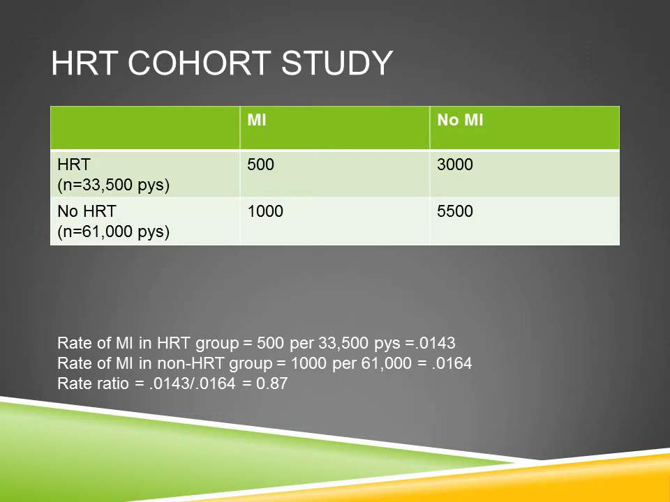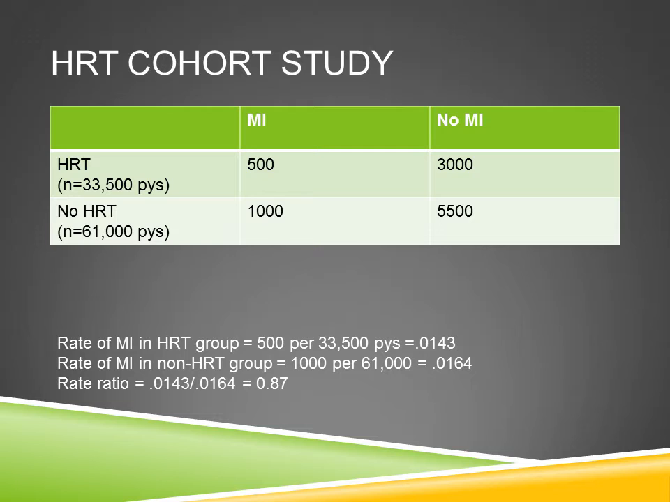I'm here to teach you a few clinical pearls as well as epidemiology. So the rate of MI in the hormone replacement group was 500 per 33,500 person years, which I calculated for you using a calculator, so I'm fairly sure it's right. And the rate of MI in the non-HRT group is that. So the rate ratio is the rate in the first group over the rate in the second group, which is